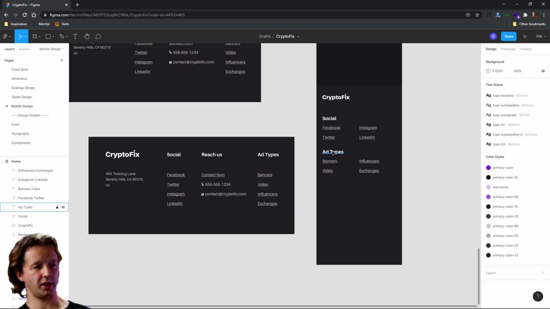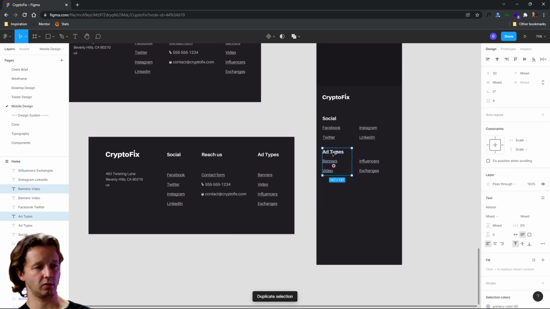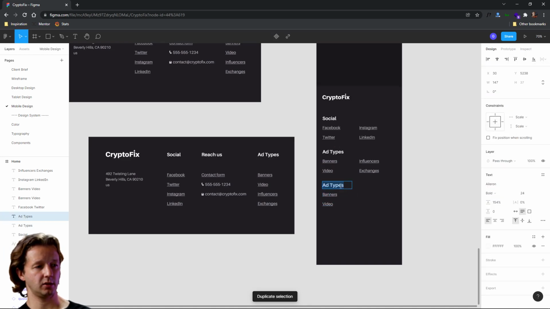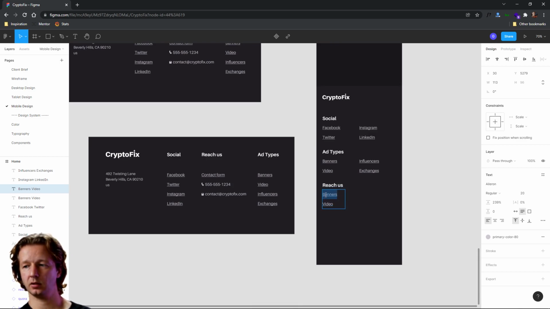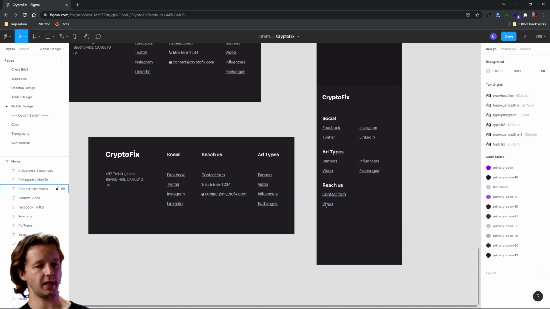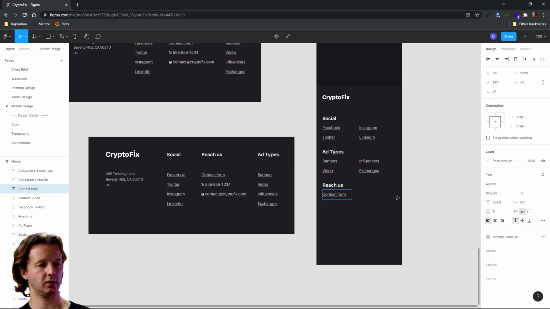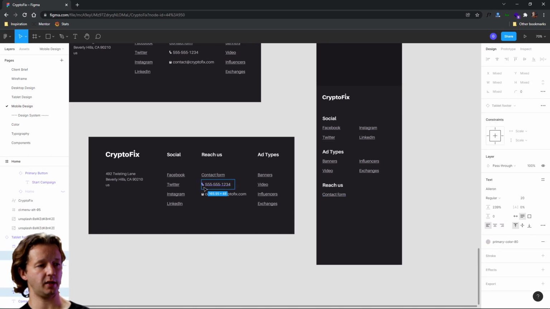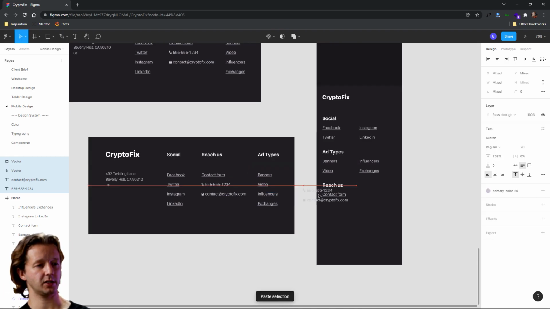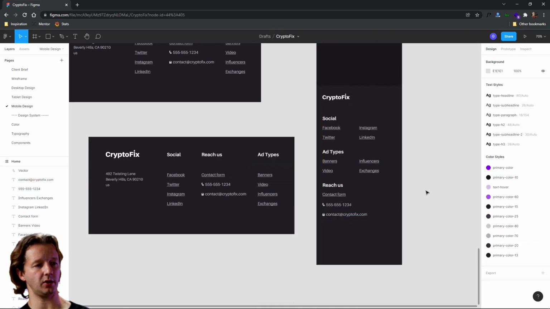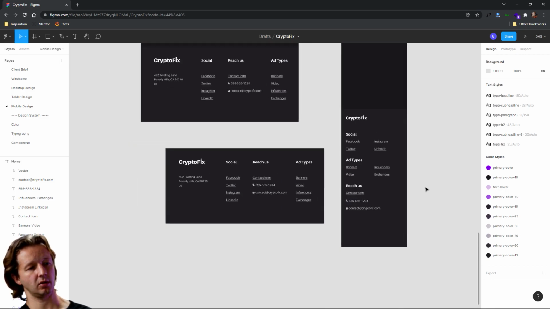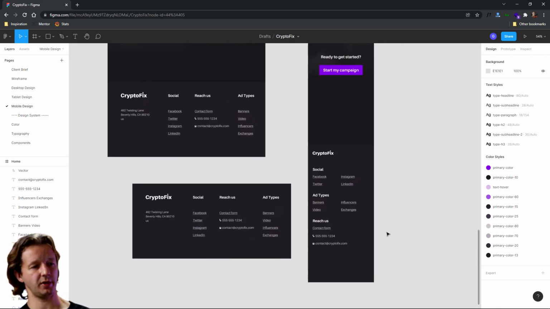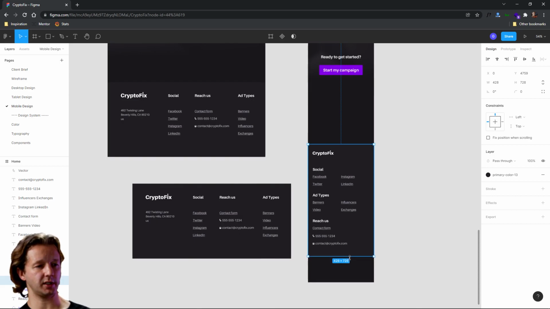And then finally, we have a reach us section. Let's duplicate that. So that will be reach us. We have a contact form. All right, and then we get rid of this one, and we can just copy this information right here, those 4 elements. Paste those, and we'll put them right here. All right, that's looking pretty solid to me. So we'll push this up,